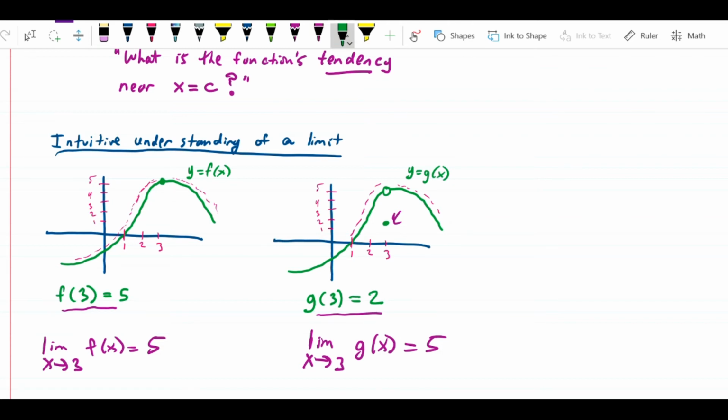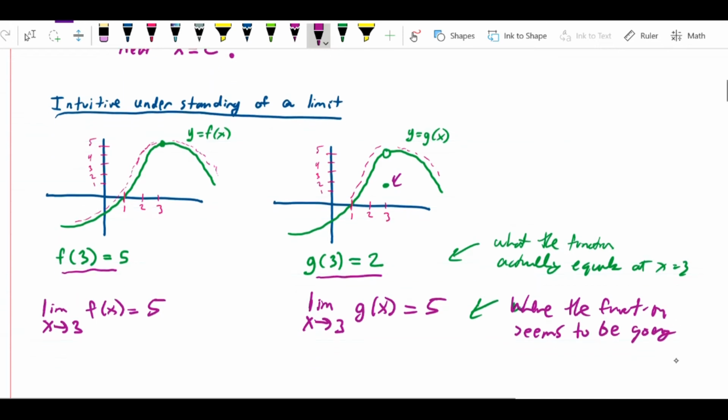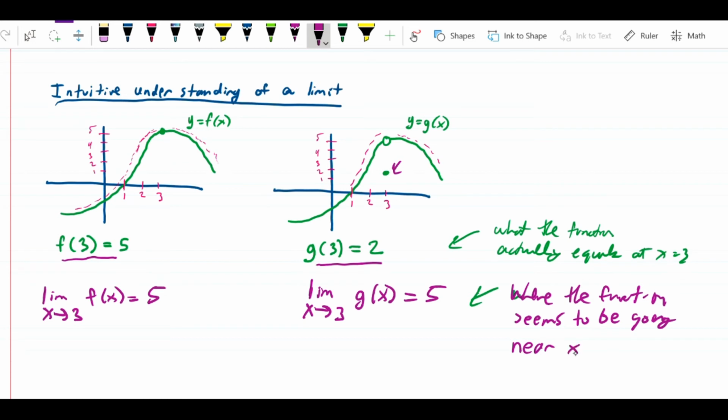So the point is, the green value is what the function actually equals at x equals 3, while the purple value, what we call the limit, is where the function seems to be going near x equals 3. This concept is what we're introducing in calculus, and frankly, it's what all of calculus is based